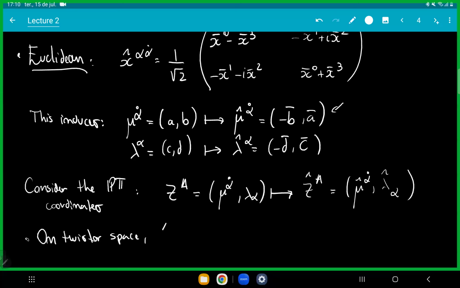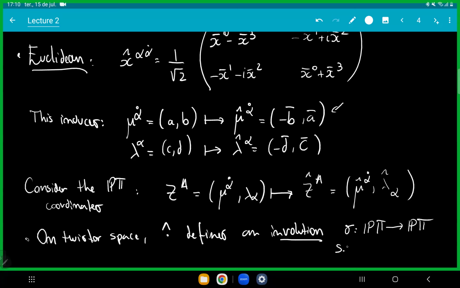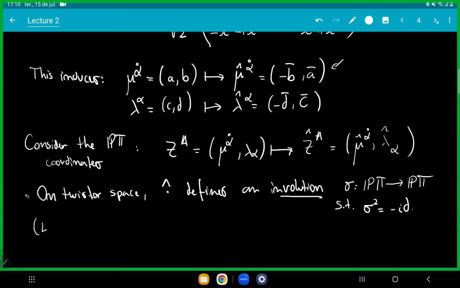So the hat defines an involution, meaning a map sigma from PT to PT, such that when you take twice the thing, you get minus the identity. So an exercise that you can do